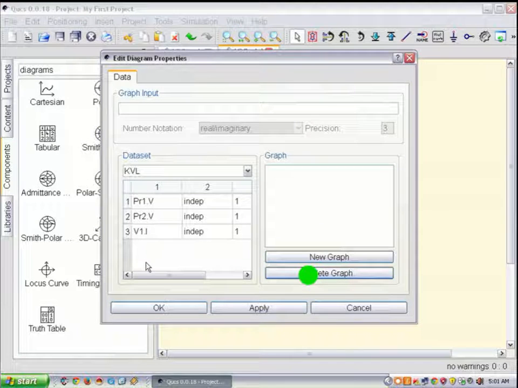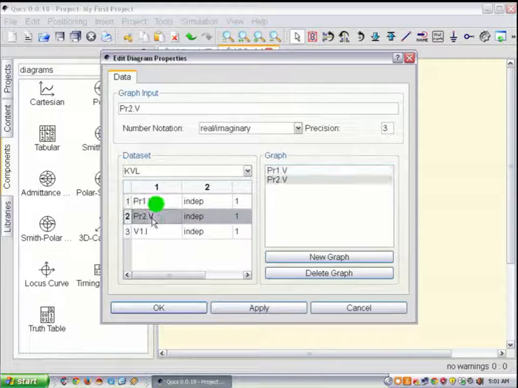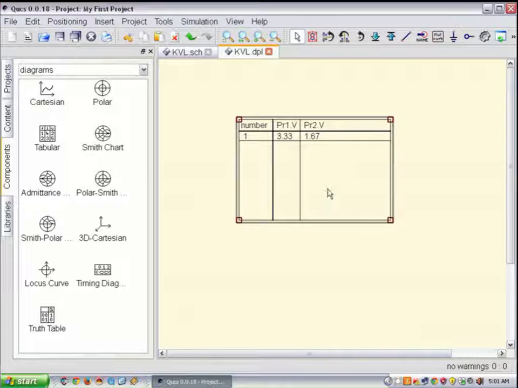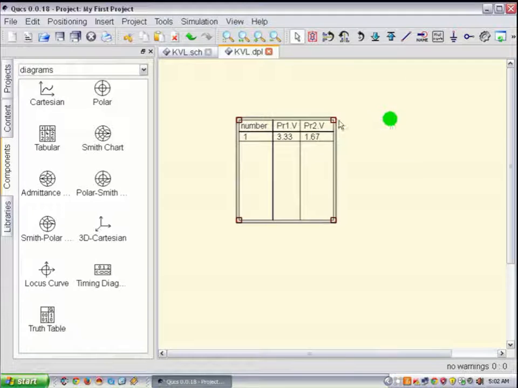Now we can add probe 1 and probe 2, and I can apply and click OK. So add this, you get your Kirchhoff's voltage law. So are you satisfied with this? Now supposing I want to have a Kirchhoff's current law,